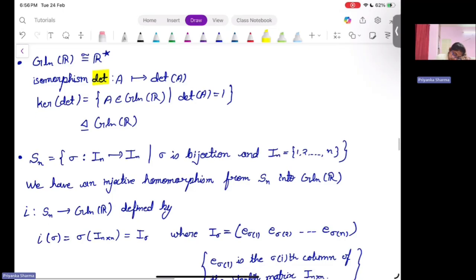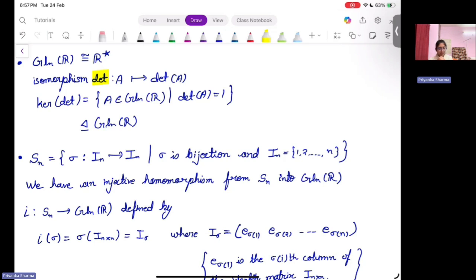So whenever we have an element of GL_n(R), which are matrices, and we want to correspond this with an element in R star, what we can do is find the determinant of it, because determinant is a real number actually. And in GL_n(R), we are taking non-singular matrices. That's why